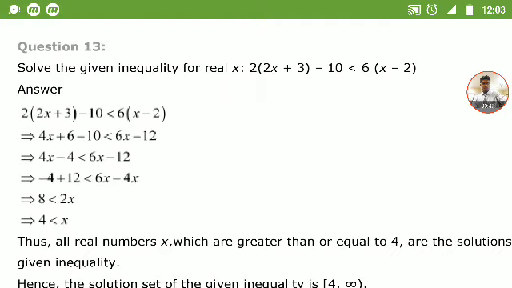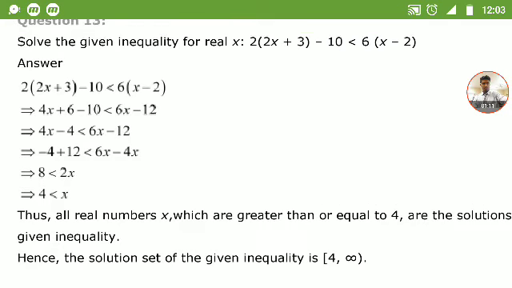So moving on to question number 13, same thing: you multiply the LHS 2 into 4x and bring every RHS term to LHS. Shift everything by just treating that less than sign as equal to. I said treating, it's not equal to, it's just treating that thing. We are getting 4 is greater than x, so x is less than 4, giving you the answer minus infinity to 4, both in round brackets.